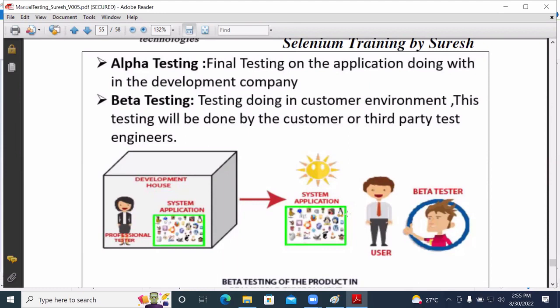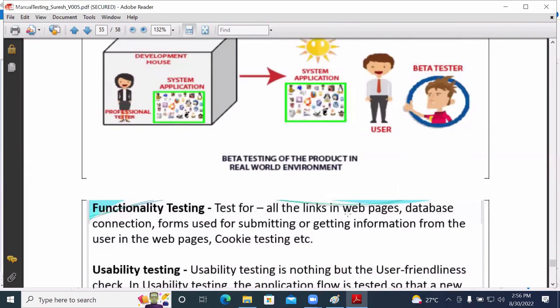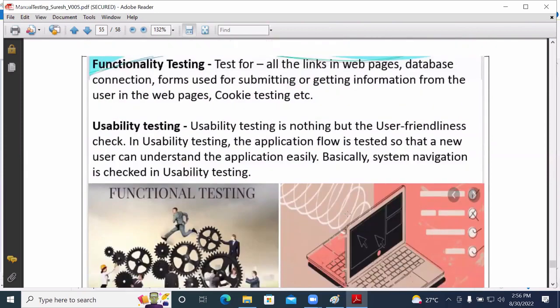In that, alpha testing is done by the test engineer and beta testing is done by a third-party tester or a third-party customer.